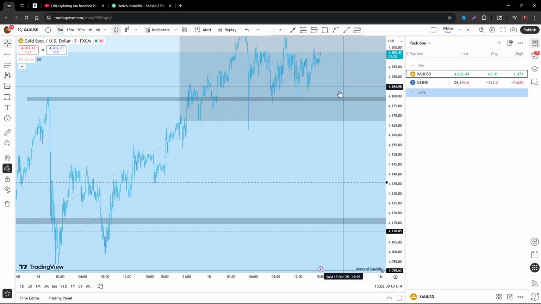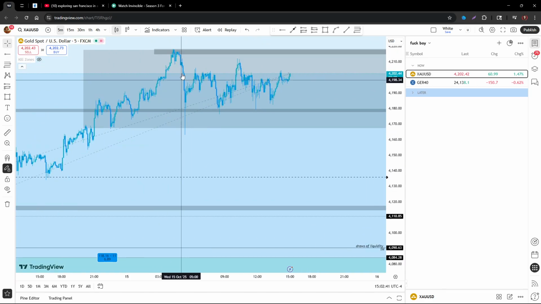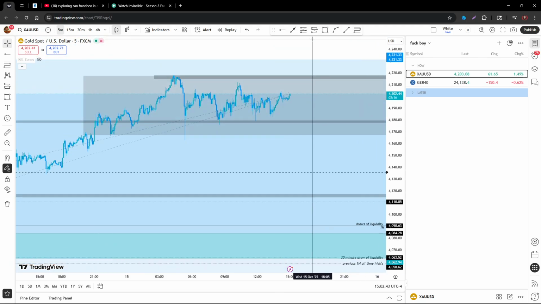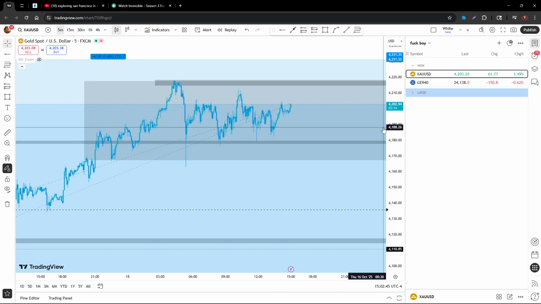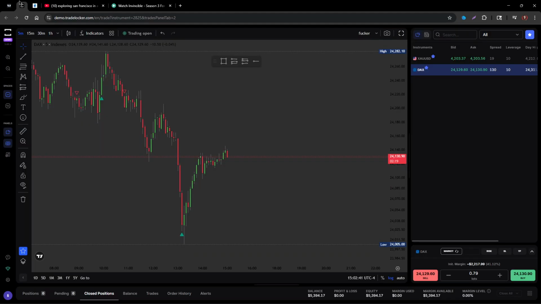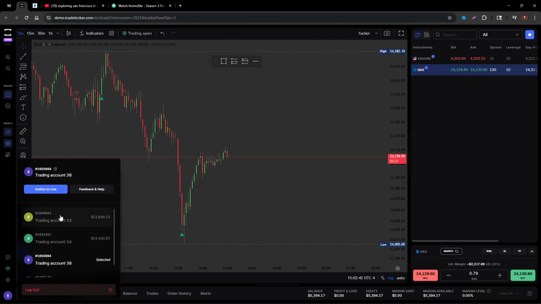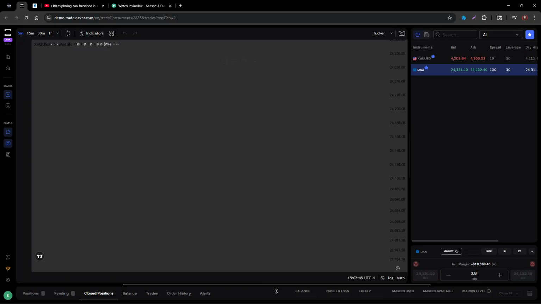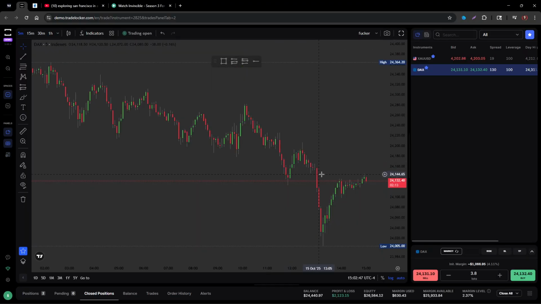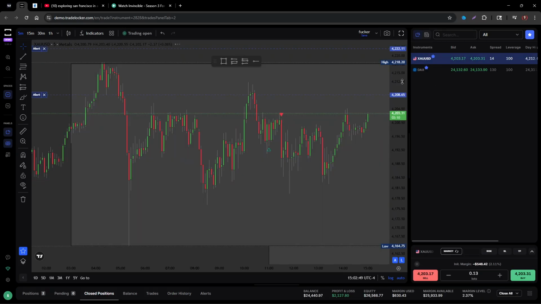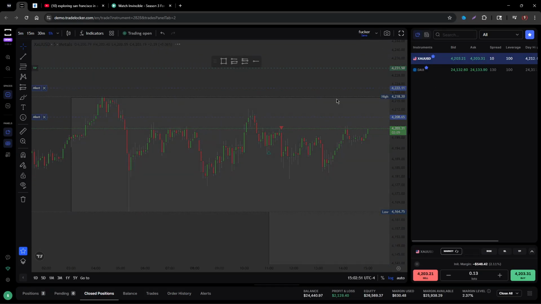But now price is in a current consolidation zone, just going crazy. Whenever we get this push out, then we should see TPs hit on the 25K funded account. This wasn't a little bit of drawdown, because last week I took some losses, but it's all good. This week we're making it back with more.